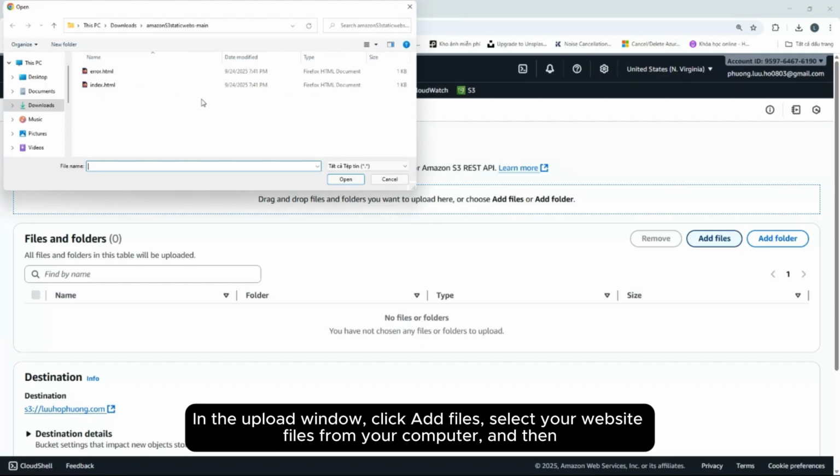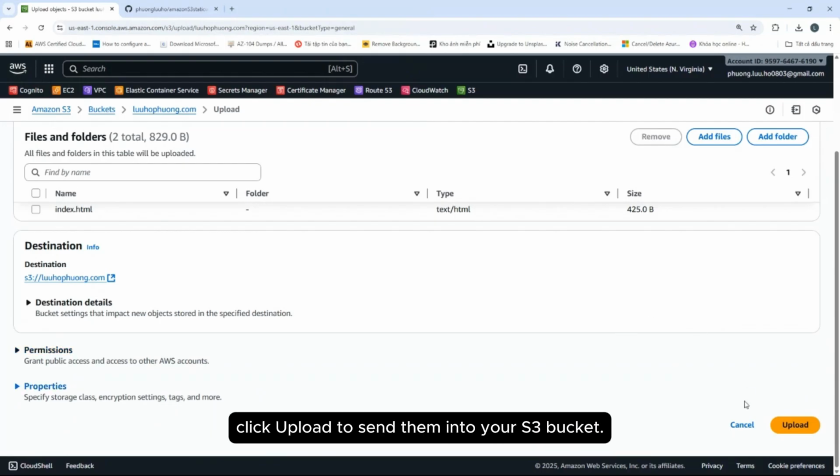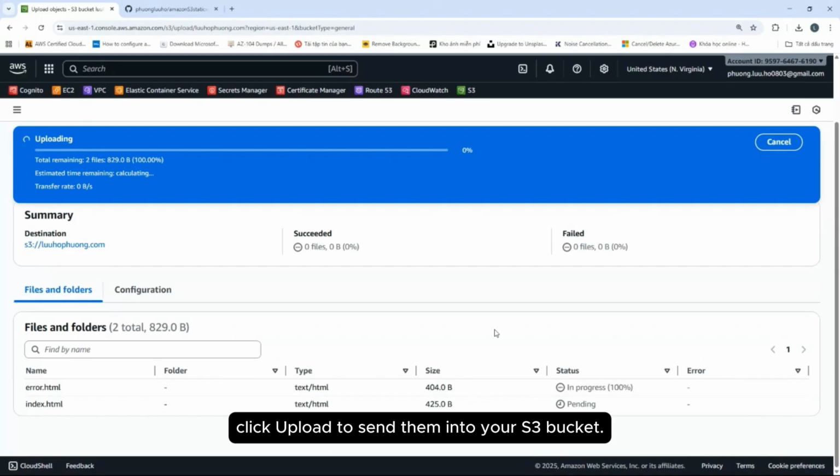Select the website files from the computer and then click Upload to send them into the S3 bucket.